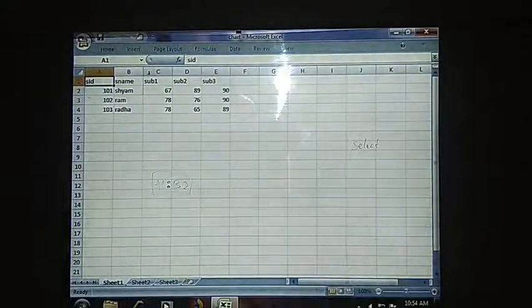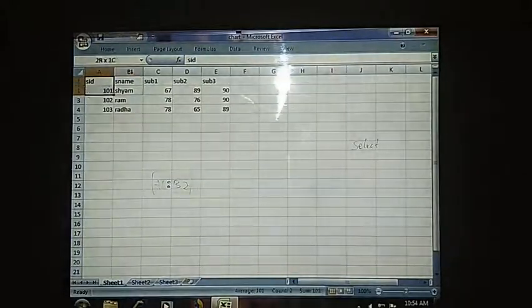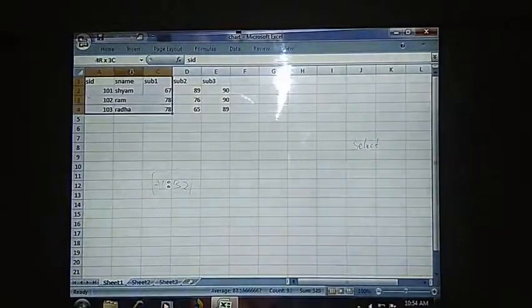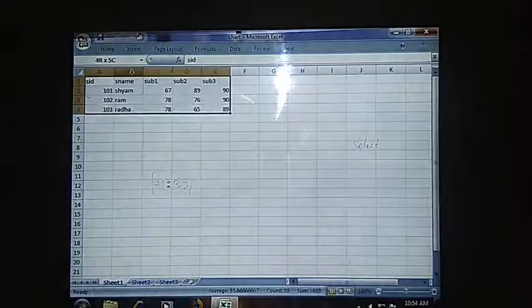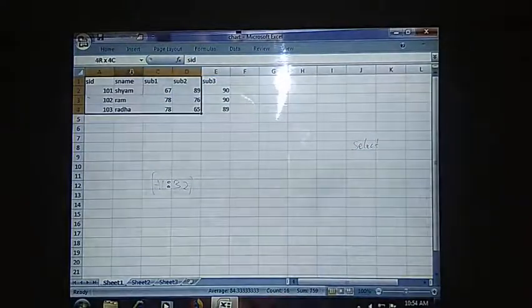In order to select data elements using the keyboard, you need to select a cell and then hold the Shift key on your keyboard, and then use the cursor control keys, the arrow keys that are available on your keyboard. See here, I am using only arrow keys now. By using them also I can select the data. I hope it is clear.